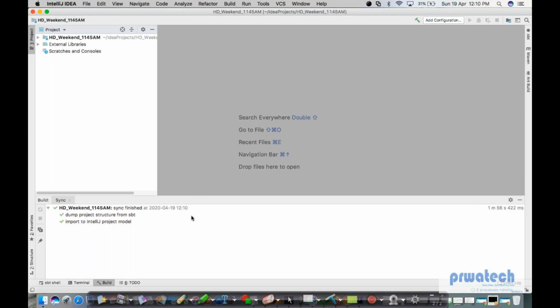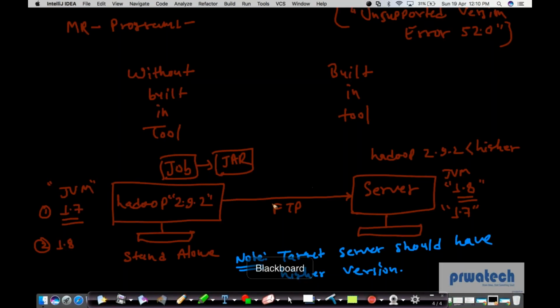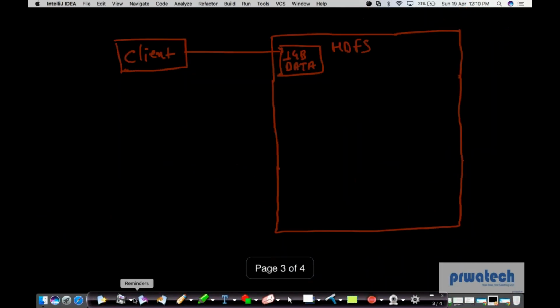Okay, so project syncing is done. It took us 2 minutes. All right. So Scala version and SBT version. Scala version means which version of Scala I'm using to write my code. And SBT version. So if you understand these two parts,